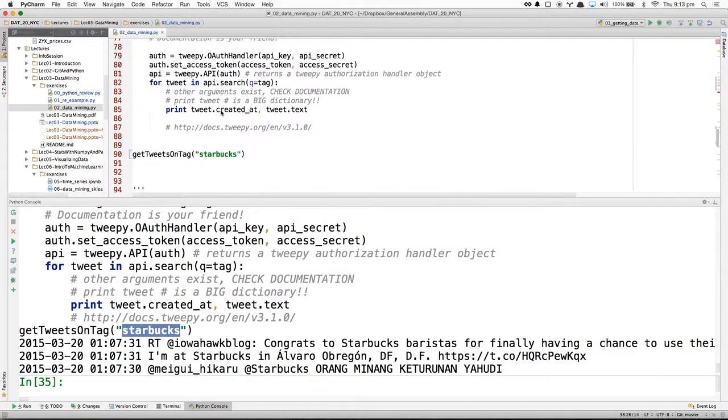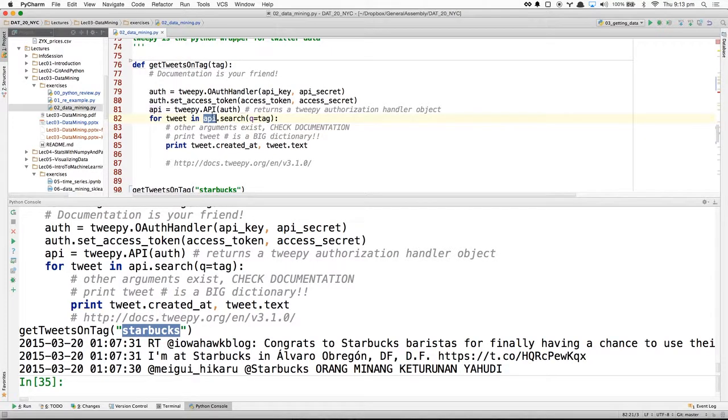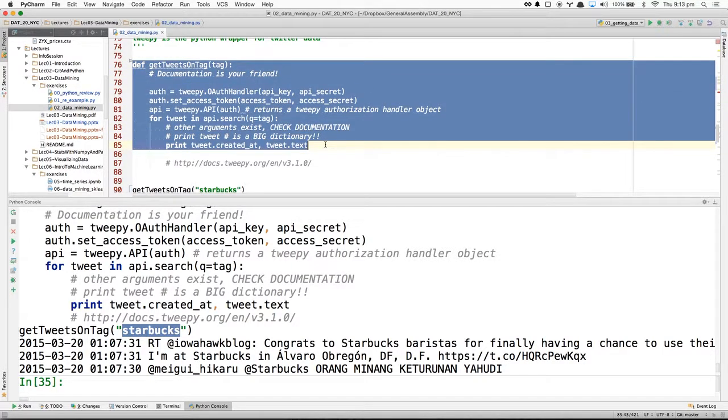But notice how the format that I get here is very clean. It's very amenable to, it's all in Python. I don't have to deal with any raw HTML. I don't even have to really look at the JSON objects. I can just directly within Python, not have to worry about the API directly. And this is what we call an API wrapper. In other words, Tweepy is an API wrapper.